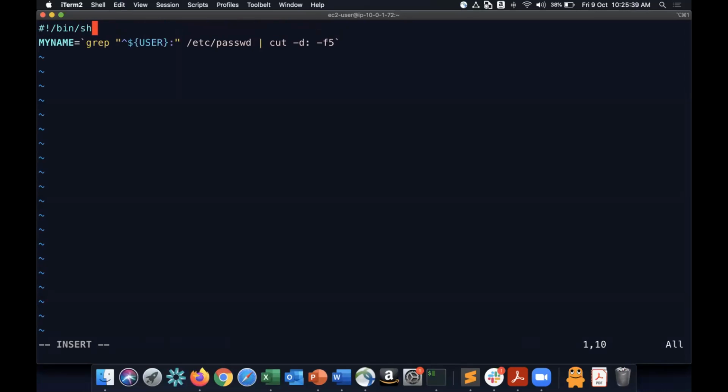Put my shebang. I'll put a variable here. So after the variable, what I'm doing is my name will have my EC2 user, correct? So then what I can do is I can actually say that